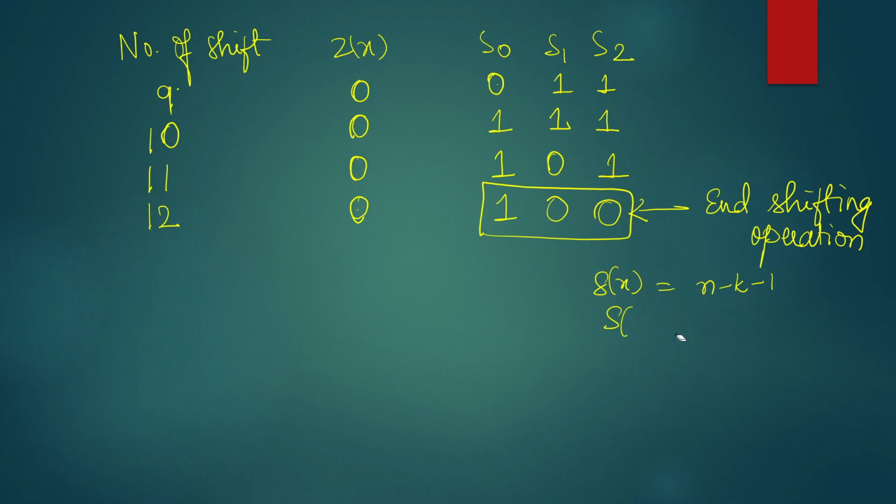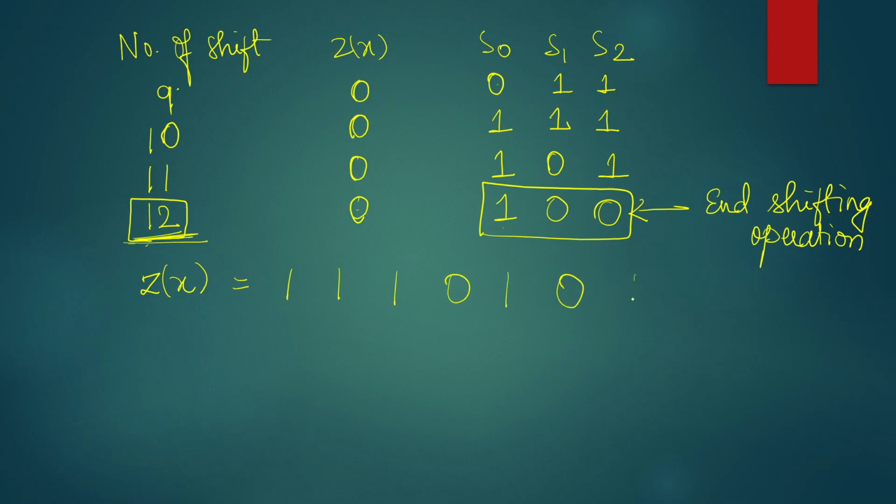If that is the case, if we are obtaining this sequence after shifting all the received bits during the process, then we record after how many shifts we have got this particular sequence. So now we have obtained that after the 12th shift we are obtaining this 100. That means at the 12th shift we are obtaining the syndrome as 100. So we will record this. What do we do with this? We rewrite this polynomial called z, which is 1 1 1 0 1 0 1.